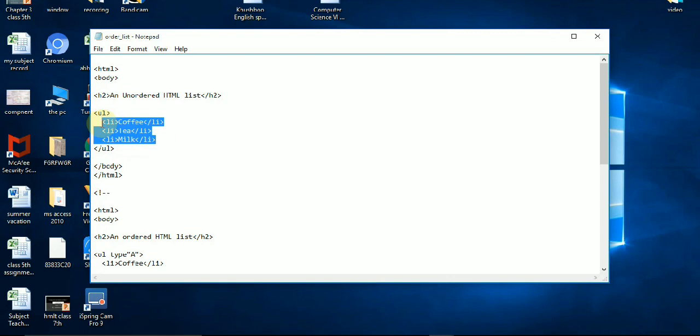It starts with disc bullets, because by default an unordered list shows bullet type, as we have not specified any type here. If you want a specific type, you write it like this under double quotes; if you write A, then it will start with A, B, C.